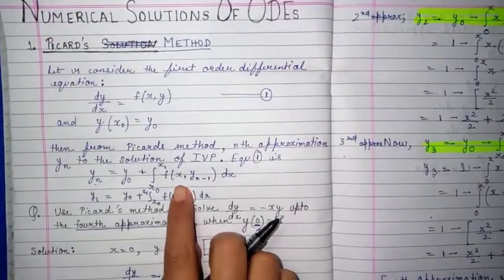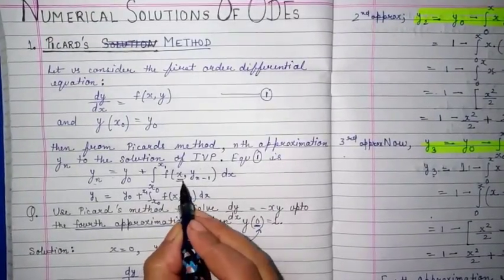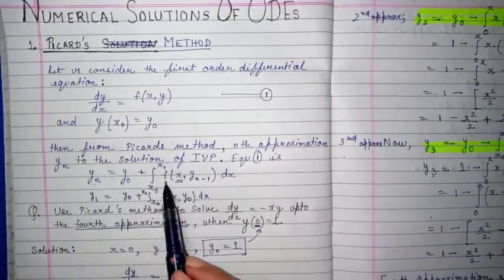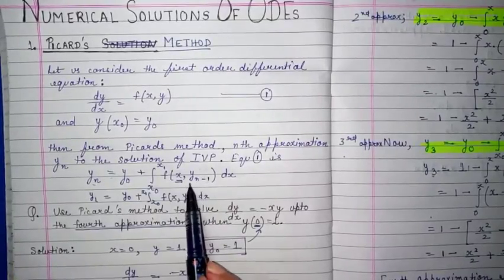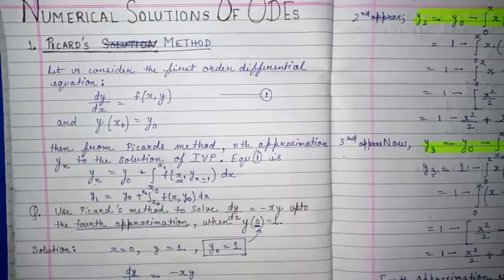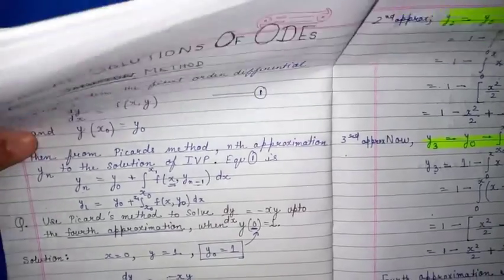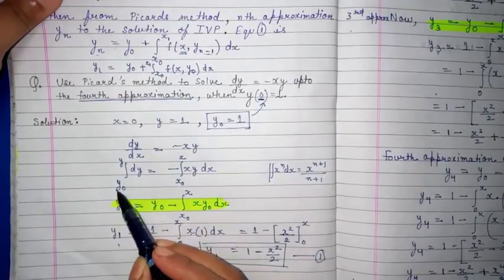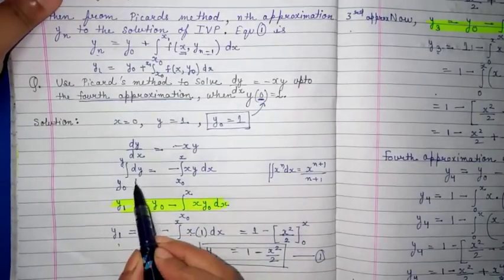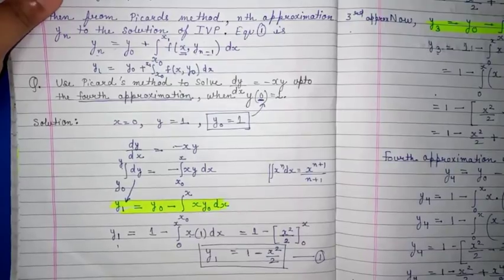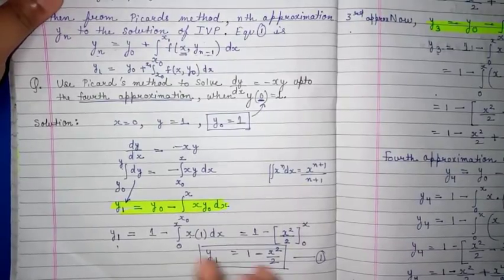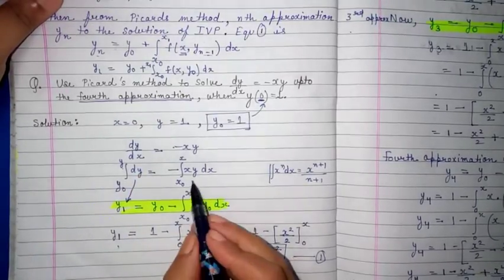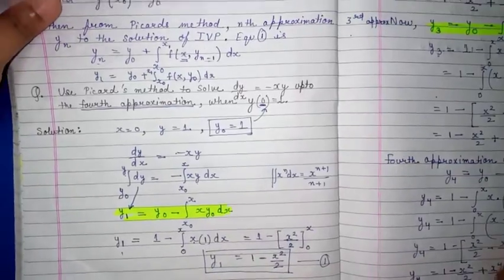We don't have to make any changes in x. See here, we don't have to make any changes in x. Whatever the function is given, you have to make the change in y n minus 1. So I am not going to change anything. And here also I have written dy, integration of dy from y0 to y, then I have written in place of this y1. So don't be confused about why I have written 1 there. This value only I have written as 1, and this y I have replaced with y0.